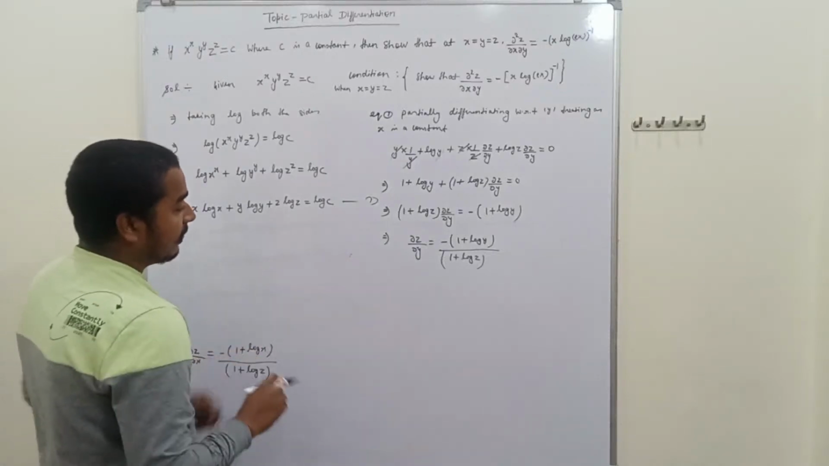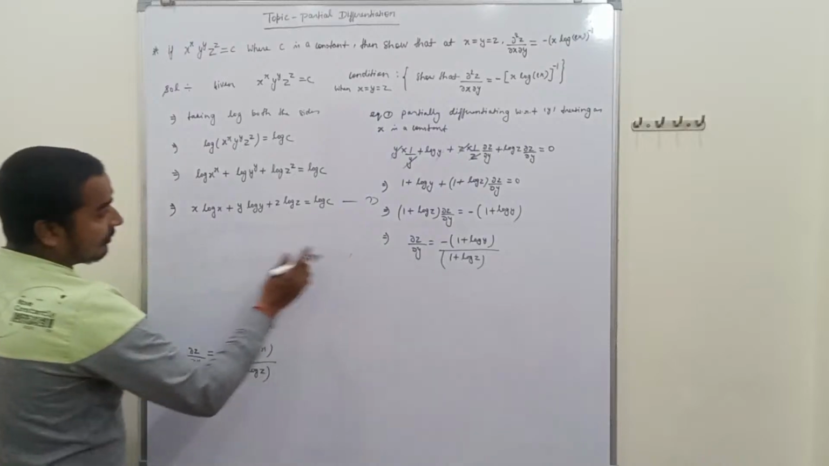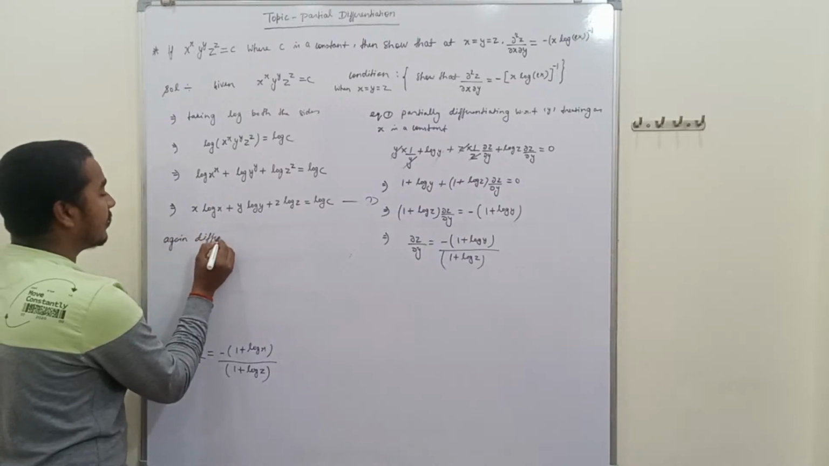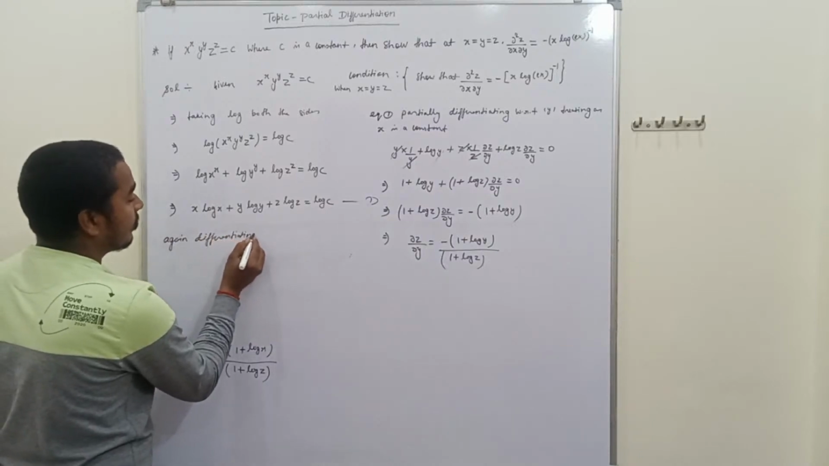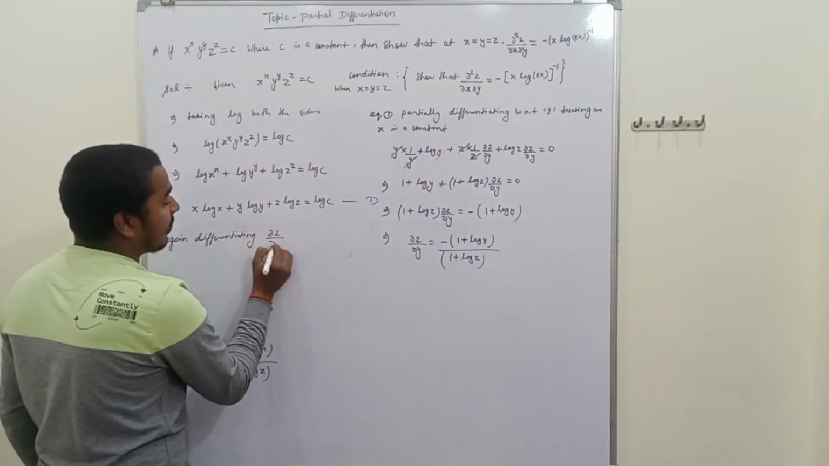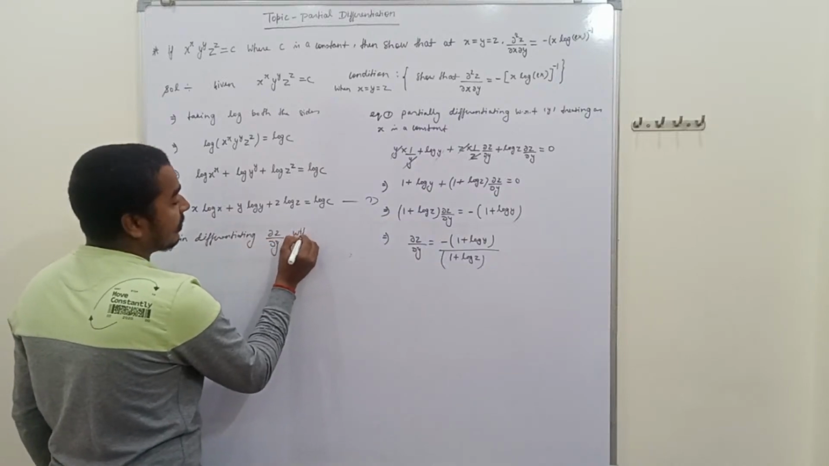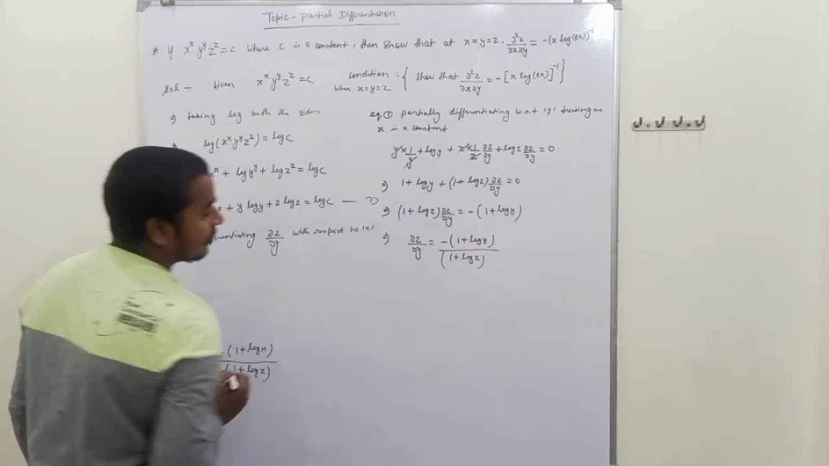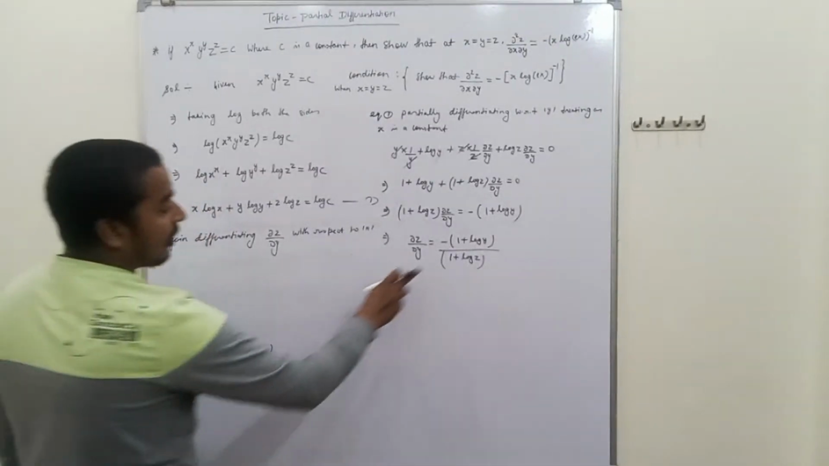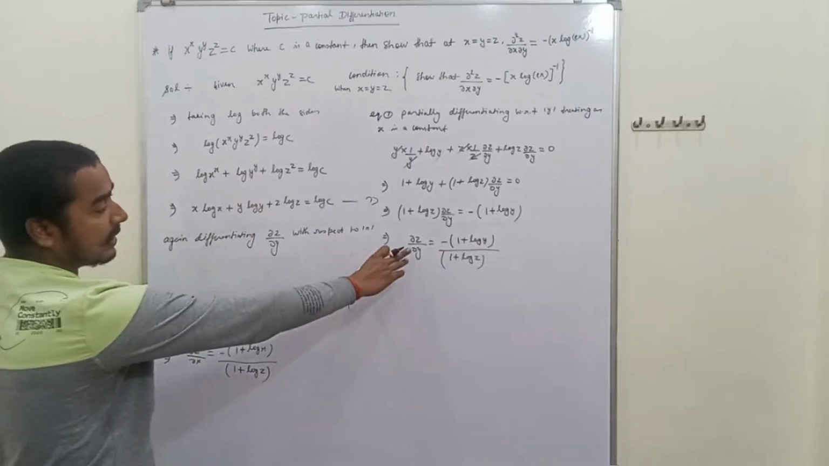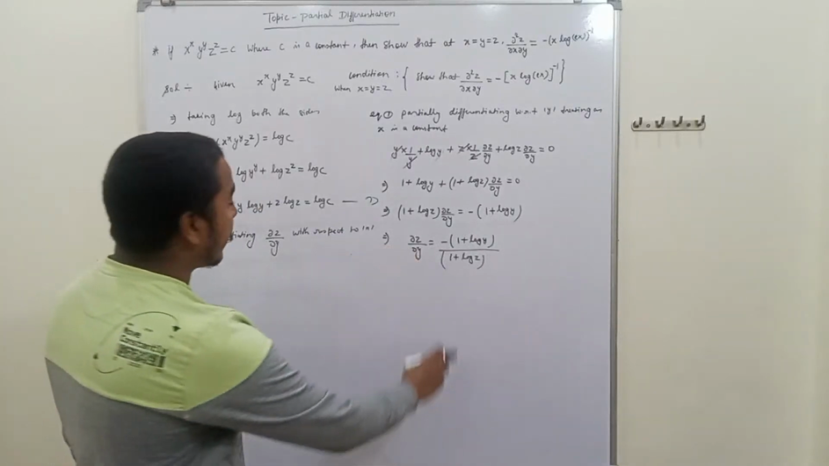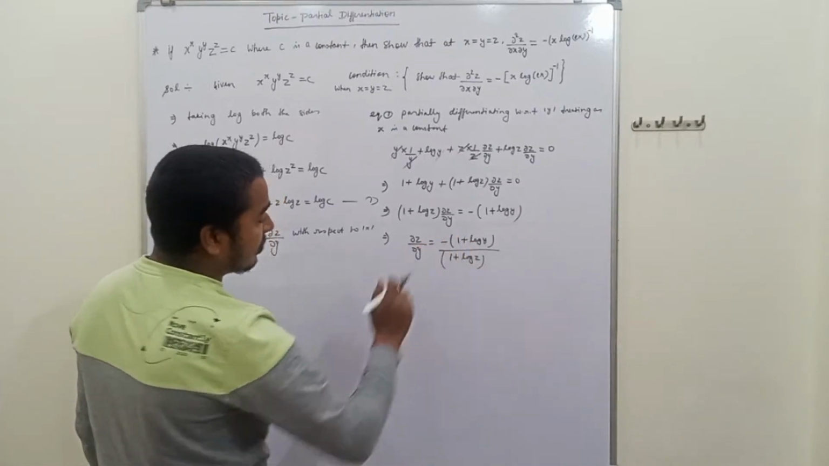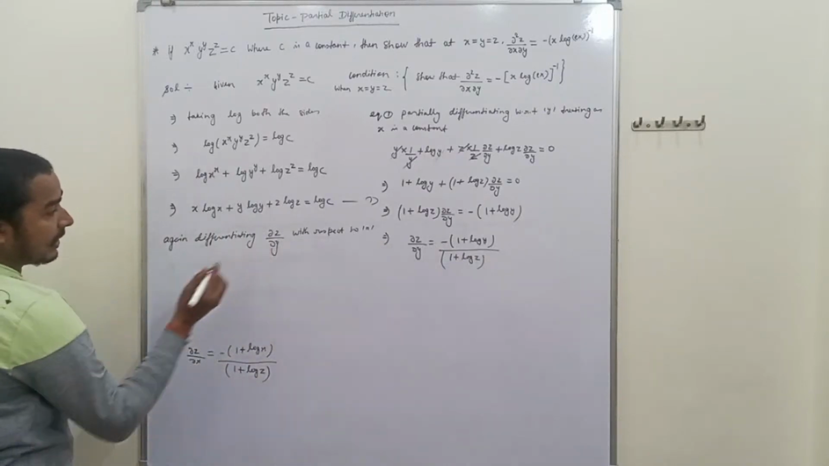Further we have to find del z upon del y differentiated with respect to x. That is, differentiating del z upon del y with respect to y, with respect to x, taking minus of 1 plus log y as constant. That is further we have to write del 2z